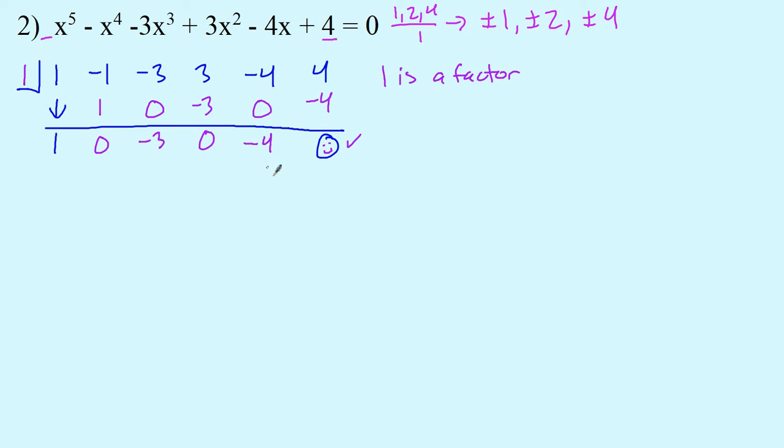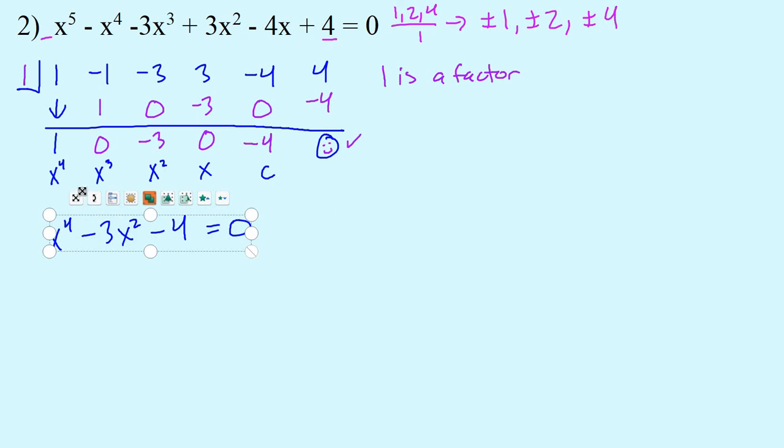So that is our constant, x squared, x cubed, x to the 4th. So we have x to the 4th minus 3x squared minus 4 equals 0, right? We took out the 1. Well, hopefully you notice we can factor that. If not, let's say you forgot, you can use synthetic. So if we do synthetic again,